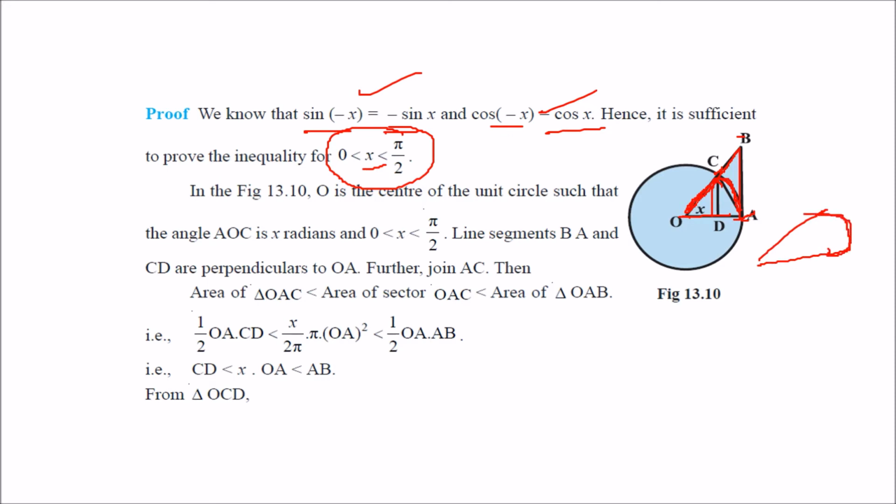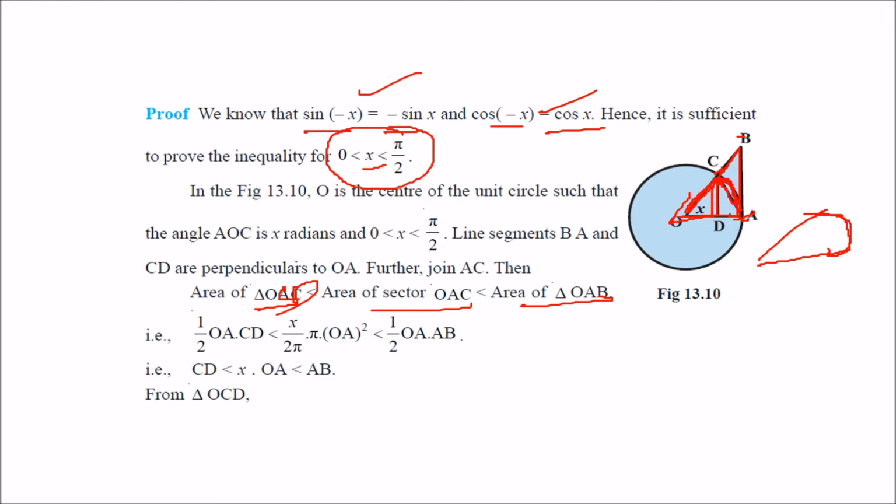So you have a sector. So you see that the biggest is what? This OAB. So area of triangle OAB is greater than area of sector, which is greater than triangle OAC. This is OCD. Right? Area of triangle